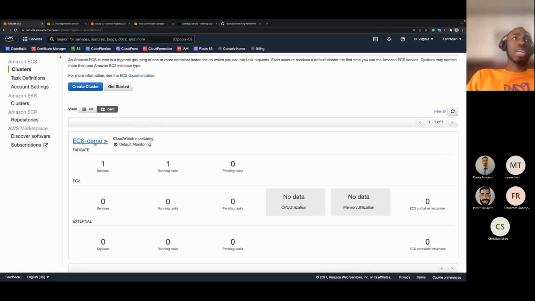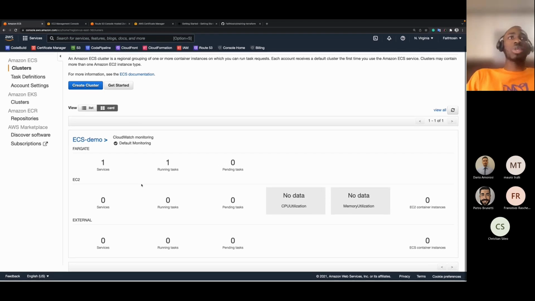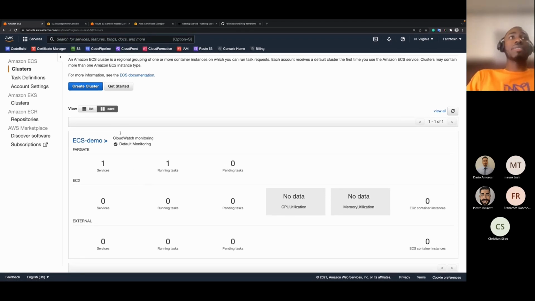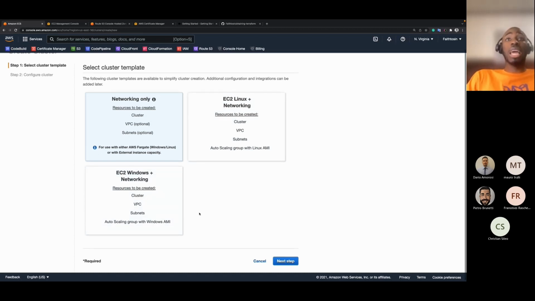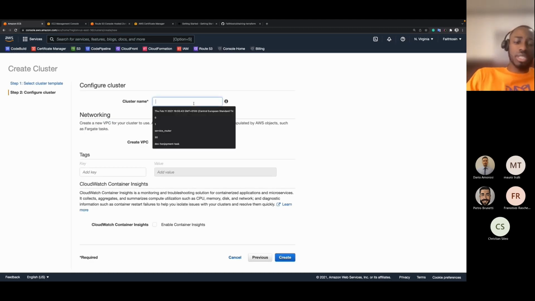You see we have a cluster, which is technically a namespace or a logical separation of different ECS services. So we can create a cluster. In this case, we are speaking about ECS Fargate, so we don't have to deal with EC2 components. EC2 is technically dealing with virtual machines, or underlying virtual machines. So let's just go with Fargate, and let's name this